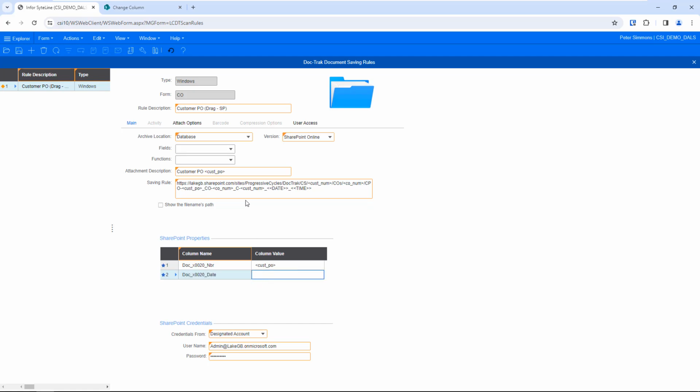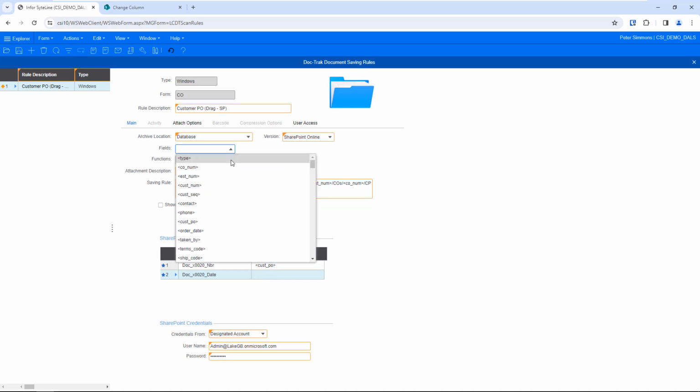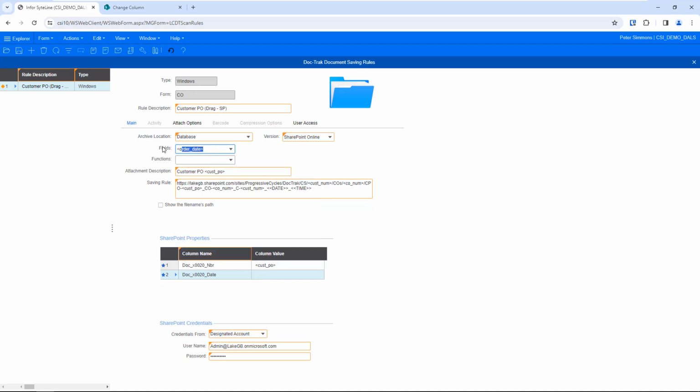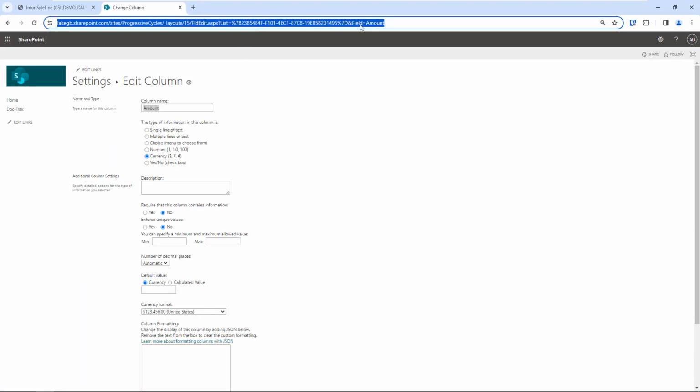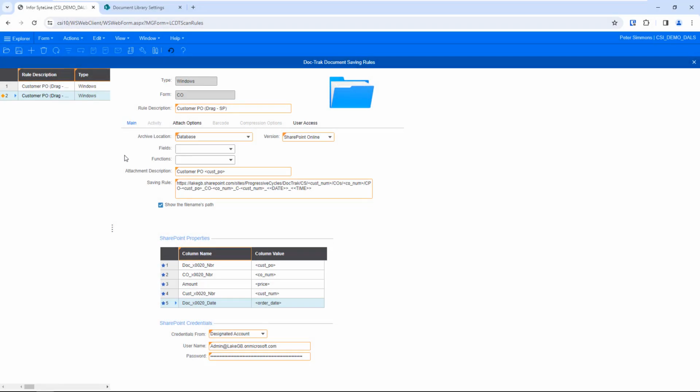Then I'll grab the Order Date tag and paste it here. I'll repeat this process for the remaining fields. Okay, I have one more to do, and that's the document type.